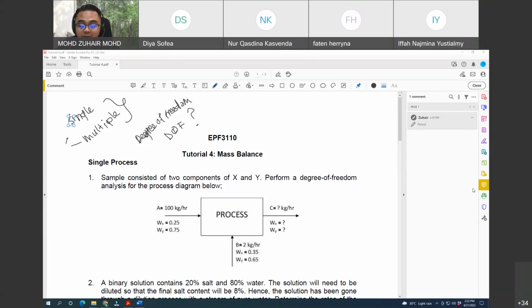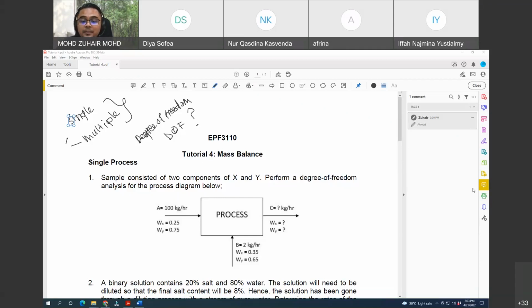So please just go and repeat the video and try to understand how to perform the degree of freedom analysis. Yeah, because that's very important for you to start with before you can even start doing the calculation with the mass balance, because you want to know whether a process can be solved or not based on the degree of freedom analysis. Yeah, we want to make sure that the degree of freedom analysis should be 0 before we can solve any